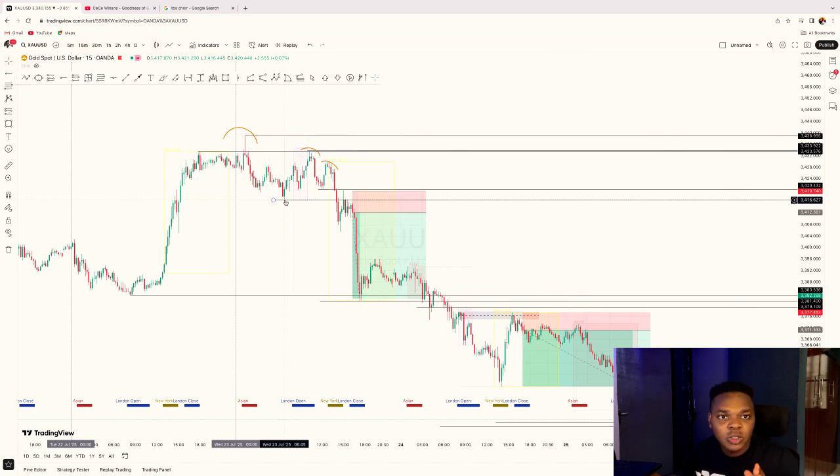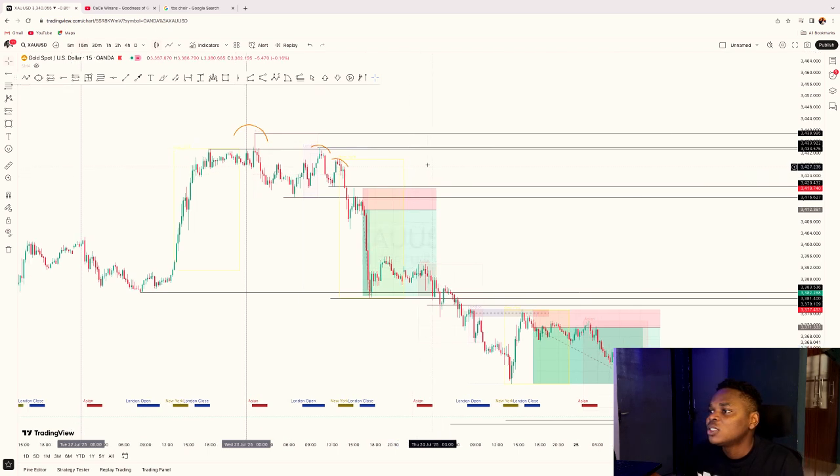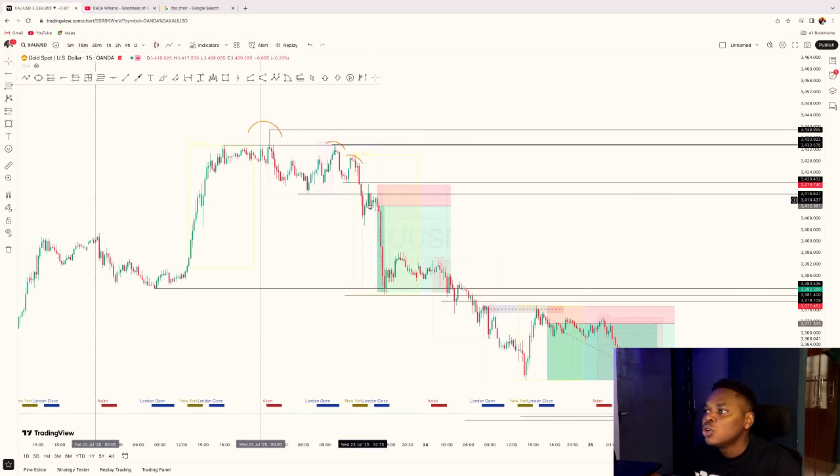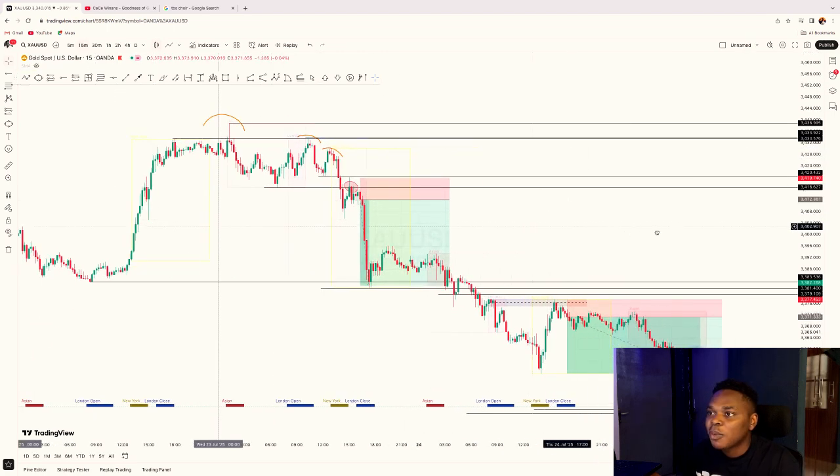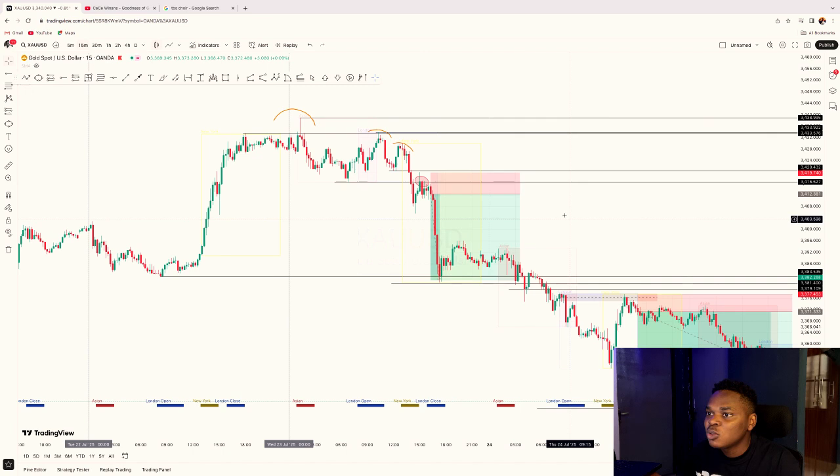I did not execute at that point. I waited for price patiently. Does that make sense? I waited for price patiently before I now executed my trade. All I wanted to see was price struggle to return back into the Asian session low. Okay, now you can see what happened here. You can see how price struggled to actually go back into that point,